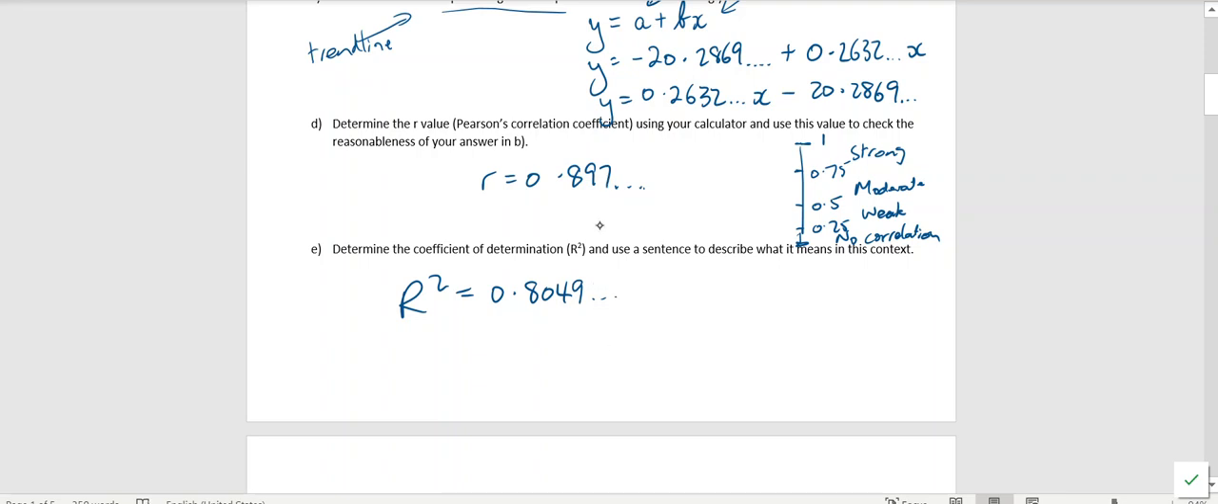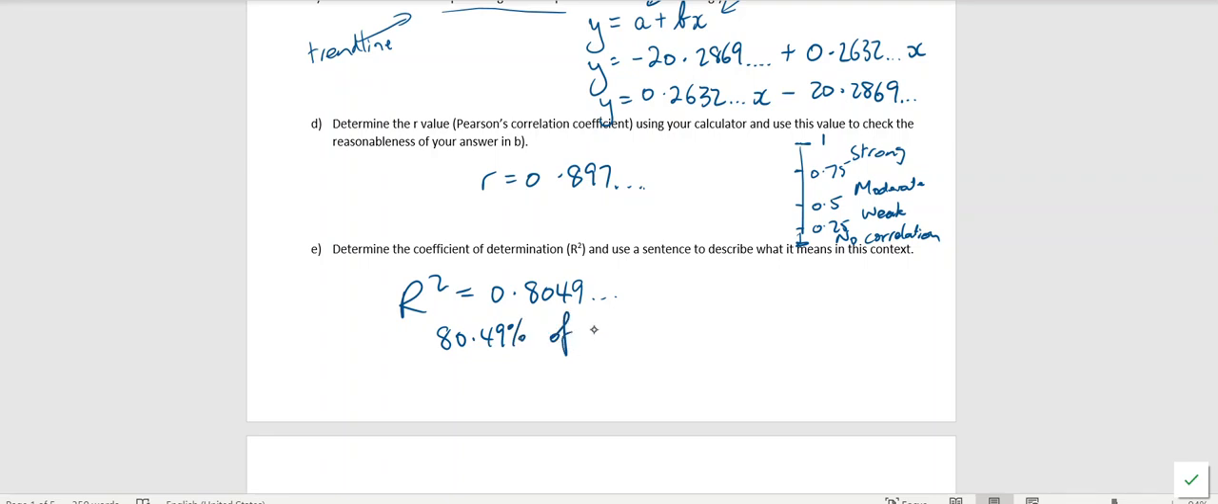So we notice that that goes down a little bit, and that always will happen. It will go closer to 0 when you square the R value, and it'll always be positive as well, the coefficient of determination. So using the sentence to describe what it actually means, that means that